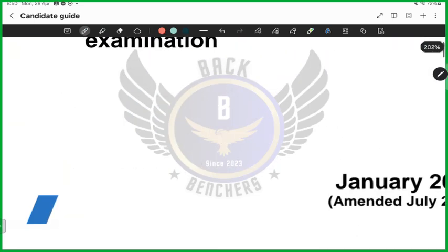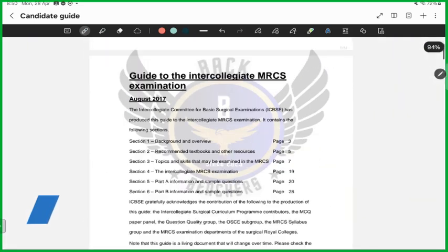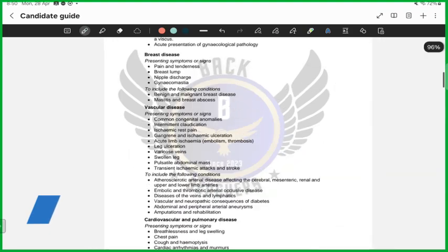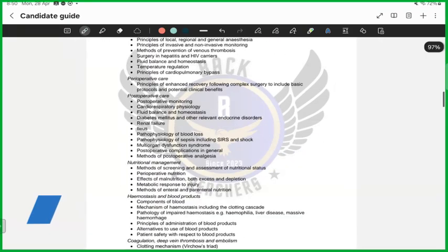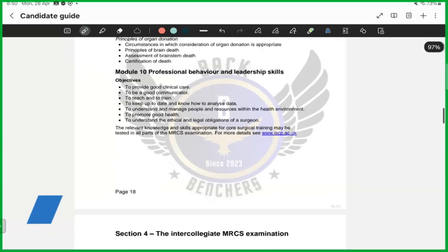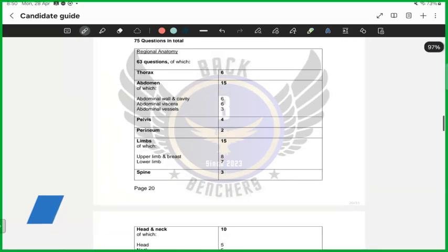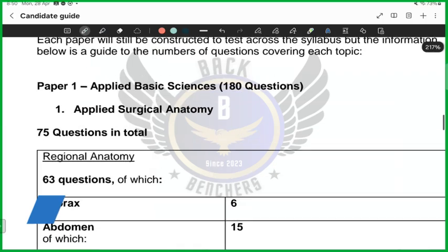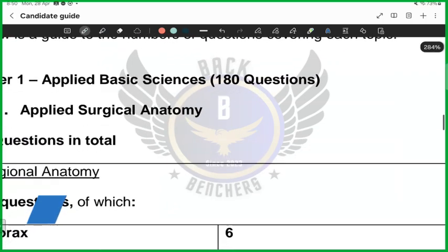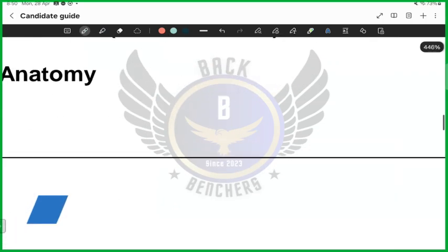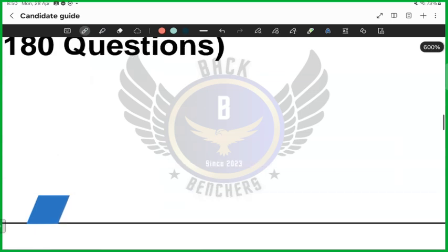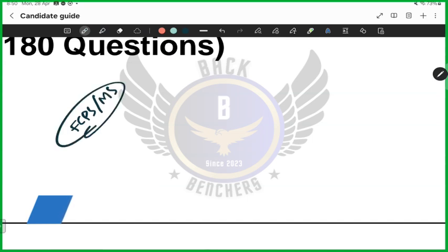See, there are a lot of things they have guided you. Let me tell you about the syllabus and exam type for MRCS Part A. There is a difference, and you will understand the difference between our country exams and the MRCS exam. This is a totally different type of exam from our country exams like FCPS or MS. It's different. And there are some problems. The way we studied in our medical colleges was different.